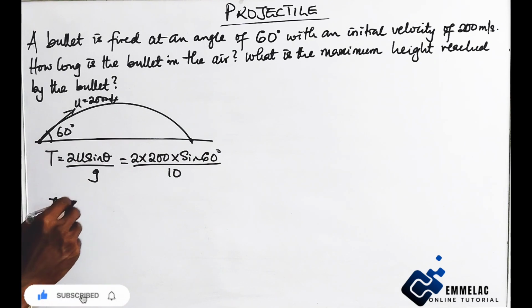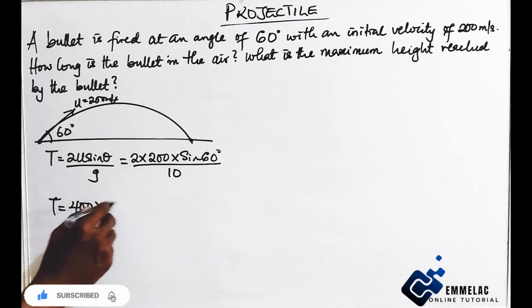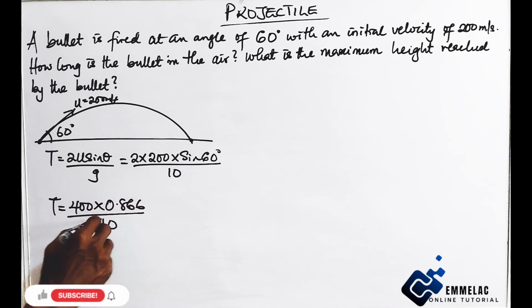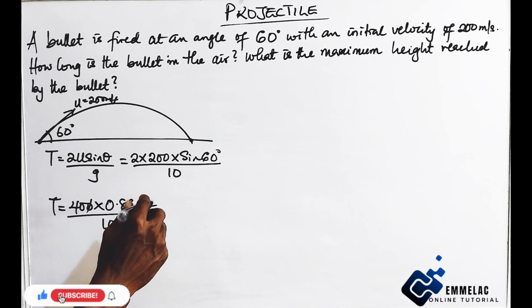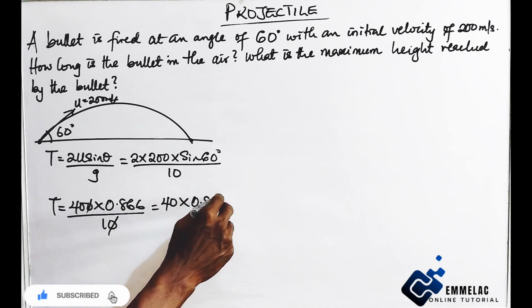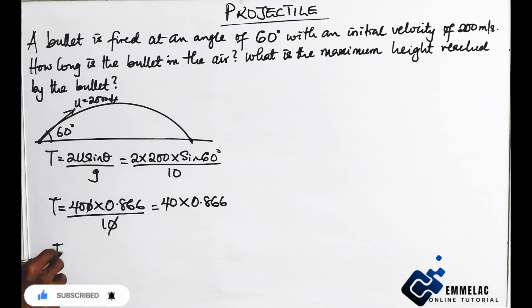So our t becomes 400 times sine 60, which should give us 0.866, divided by 10. If we eliminate this 0 here, we are left with 40 times 0.866, and our total time, by punching our calculator,